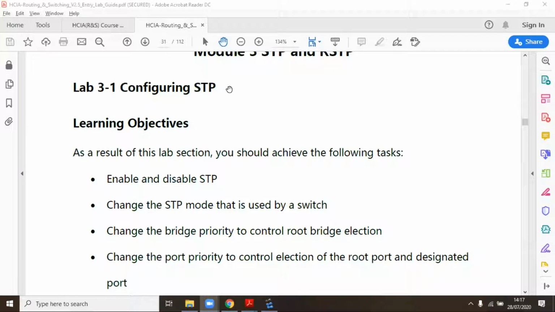So lab 3.1, configuring STP. I really don't want you to do it as I do it because I'll be a little bit fast. You can do it some other time. I'm recording it so that you can follow through much later. Right now, I just want to emphasize some of those theoretical principles about STP that you've learned through this particular